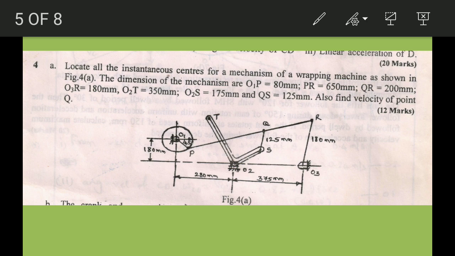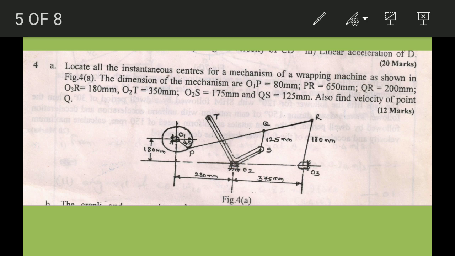But because all these numbers are divisible by 5, you can take 1:5. 1:5 means in the space diagram you will get a slightly bigger figure and the accuracy of the answer will be more. So I have taken scale 1:5 in my calculation. So O1P you have to start first because that is link number 2. Can you see that PR? PR is link number 3. You should not take PQ. PR is link number 3. And what about this O3R? That is link number 4. Always you must first attack the 4-bar mechanism. After that you have to write link number 5.